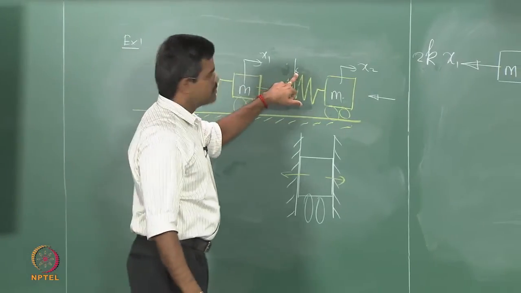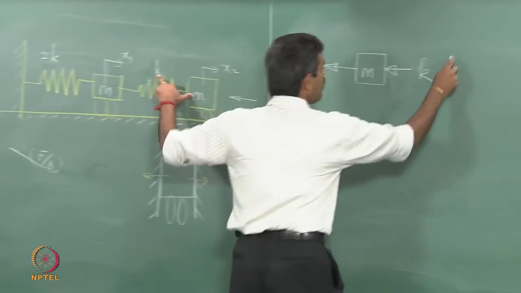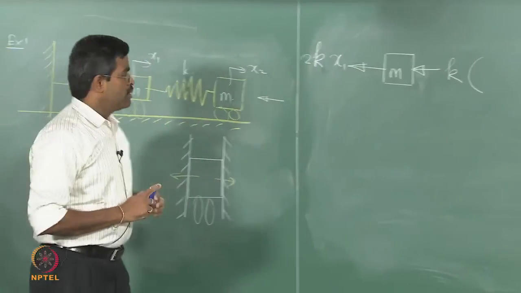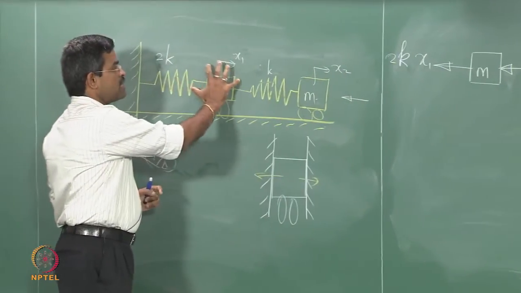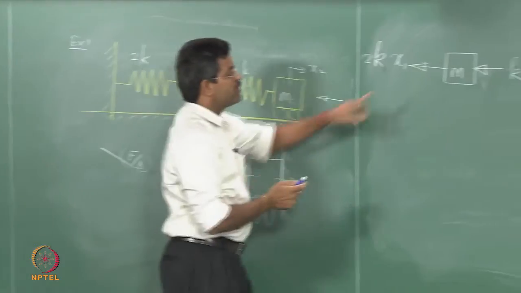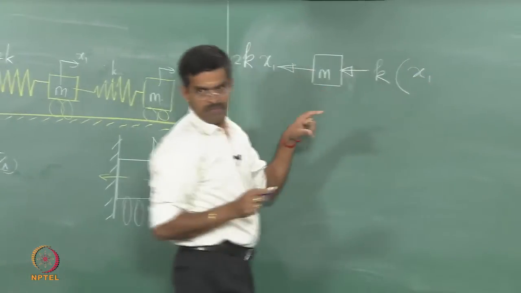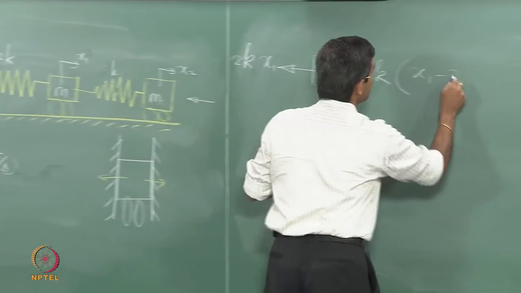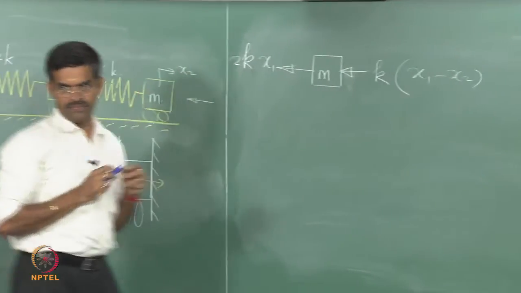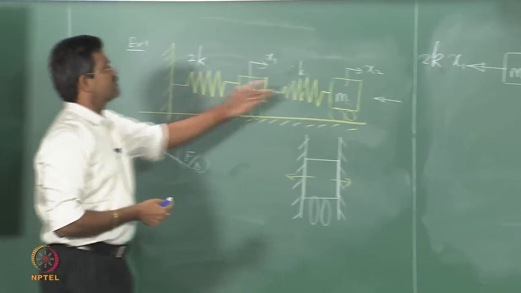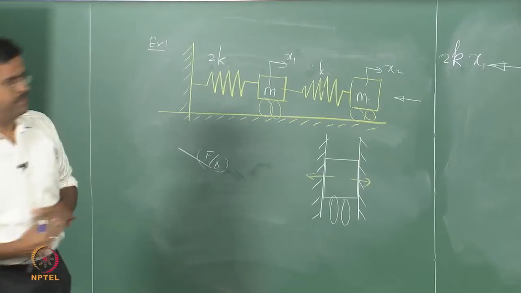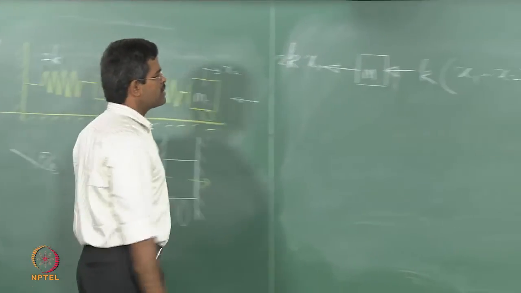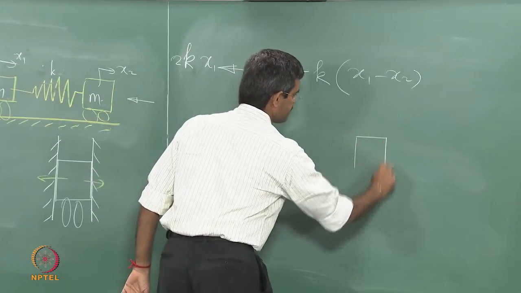Multiply the stiffness of the spring with the displacement: identify the coordinate where you are starting the equation, write that coordinate first and then the next coordinate second, x1 minus x2. Similarly, for the second mass m,